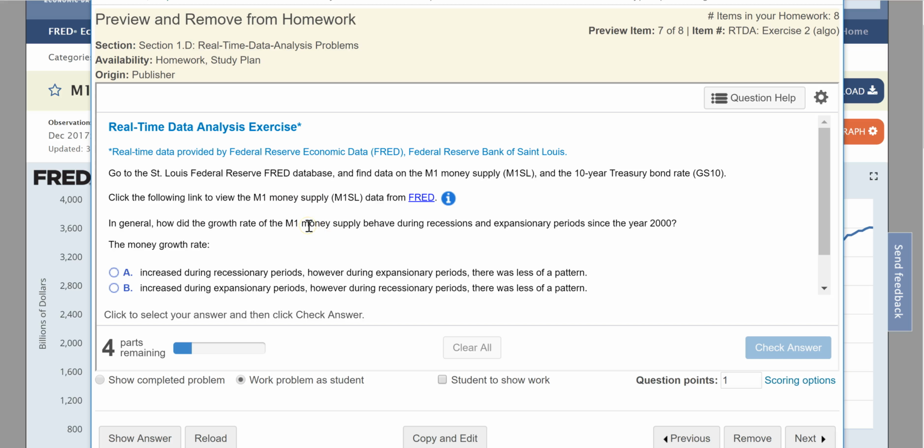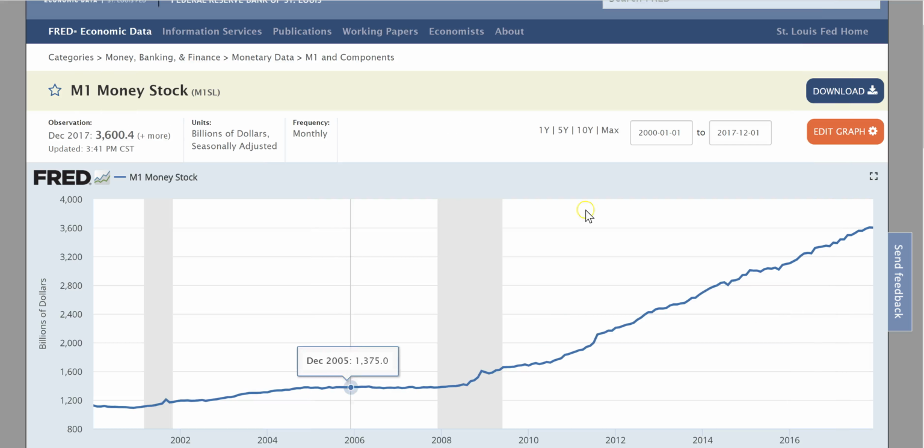That's where we need to be super careful. We need to convert the numbers in level into percentage change. The St. Louis Federal Reserve website actually has very convenient tools for the conversion. If you just click on Edit Graph,